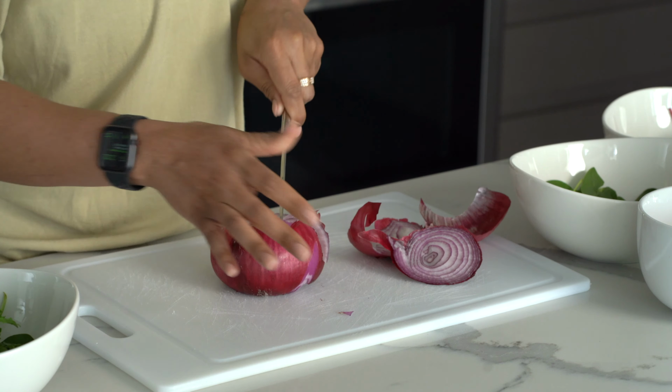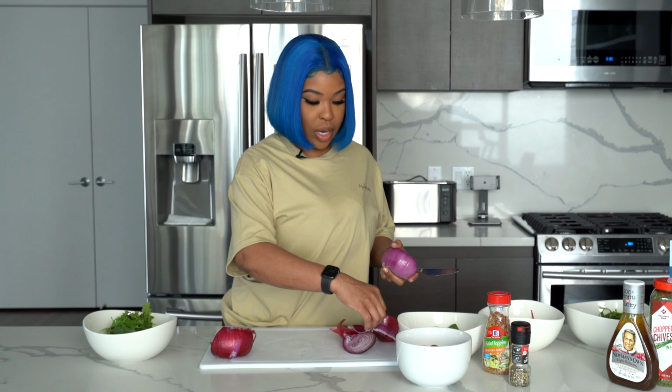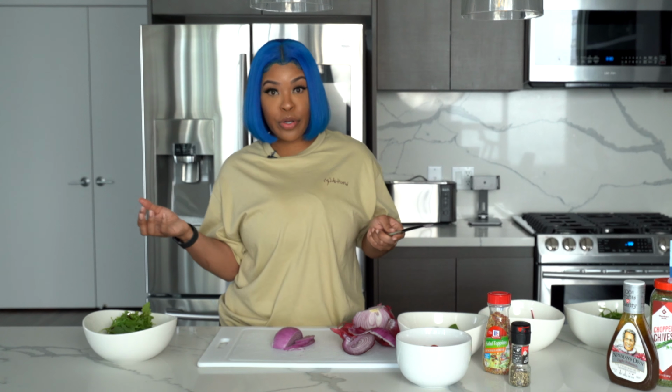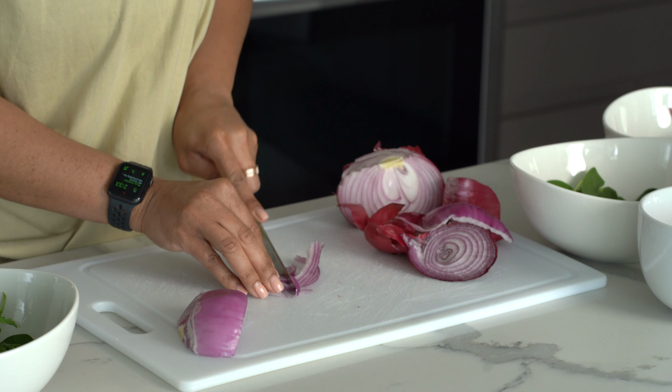And cut in the middle. When I'm coming off of a cleanse, I don't know if you guys know, but a few weeks ago I came off, well actually it's been a month, I came off the master cleanse. And that's something that I typically do seasonally just to get the gunk out and so I can feel better and have more energy. So when I come off of it, it's not like I'm going straight into burgers and fries. I'm typically trying to do something healthy like this, but let me hurry up and cut these because my